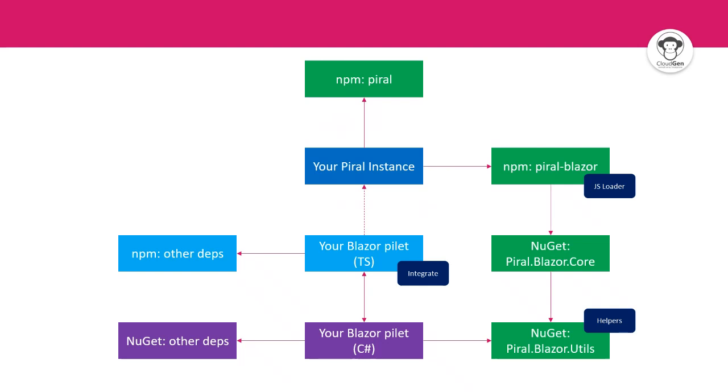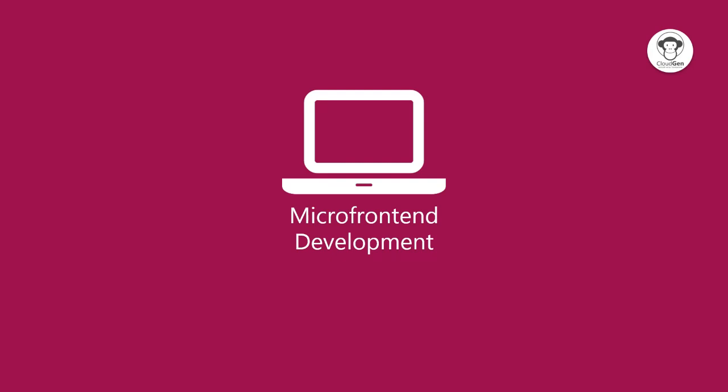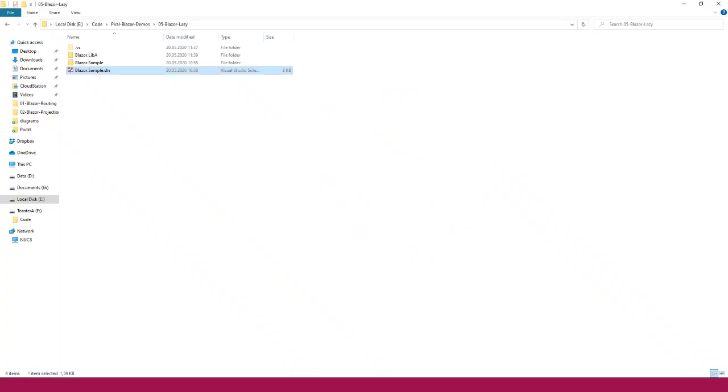And then in your pilet, in your microfrontend, you have pretty much the ability of touching any kind of dependency. So you could bring in some more JavaScript stuff from, let's say, NPM, or write it yourself. And of course, you bring in your Blazor code together with maybe some other dependencies from NuGet. And you usually work against the Piral Blazor utils. All right, so that being said, for the grand finale, let's have a very brief look at the